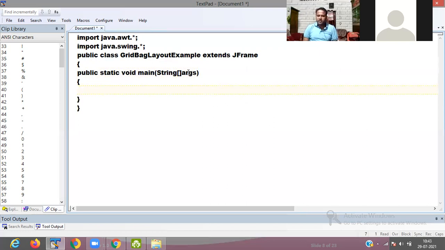Then I create an object of the class GridBagLayoutExample. In the main method, I create an object of the class: a equals new GridBagLayoutExample.